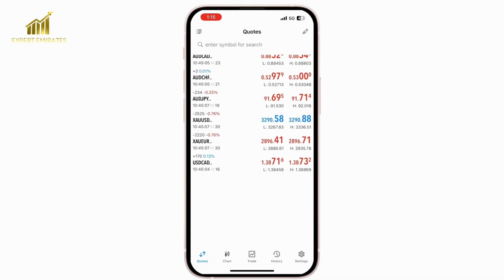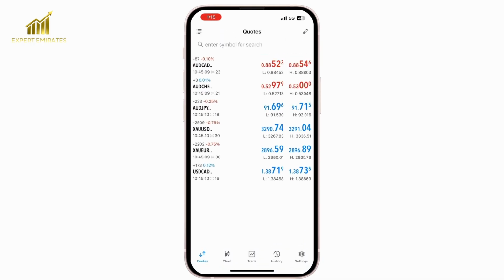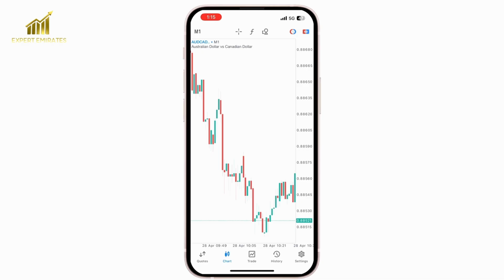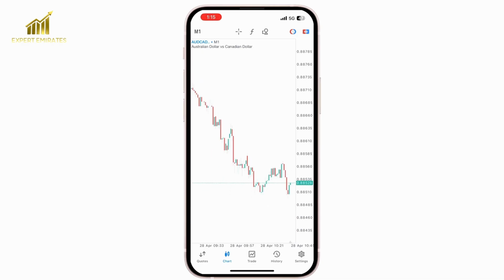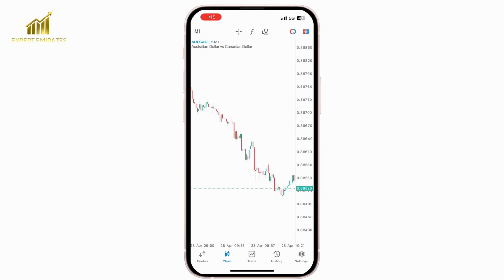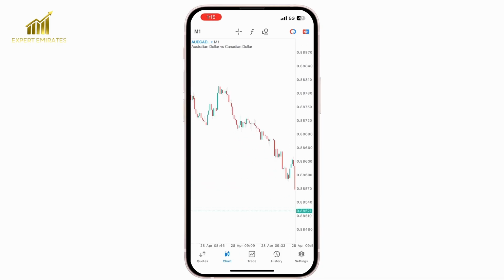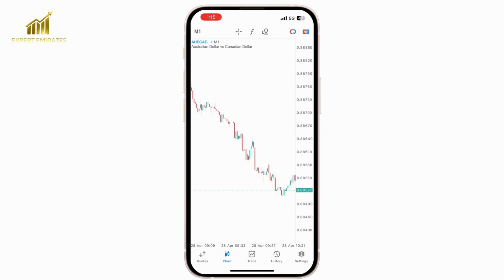Now if you want to trade on these currency pairs, you need to know how their charts are reacting, from where you will be able to analyze and predict the next move. You can clearly see a chart option is given there. Click this and analyze all the currency pair charts that you want to trade. You can also go to the chart by clicking on the currency pair and use all the indicators that are given in this application.